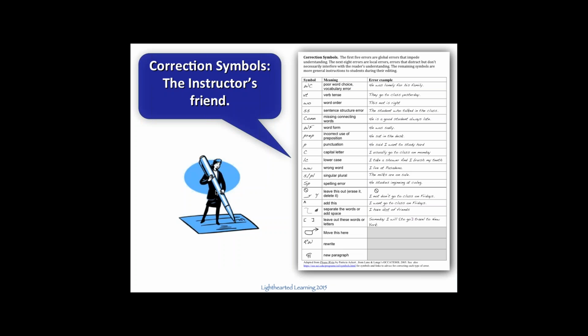This set of correction symbols is in the handout, but the issue that some people have with correction symbols is that it is another language for learners to have to use, another set of abbreviations. But that also is true for IPA. I mean, if this is something that helps the learners quickly recognize what the errors are and attend to them, it's very useful. Would I make use of all of these? Probably not, and certainly not on one paper.